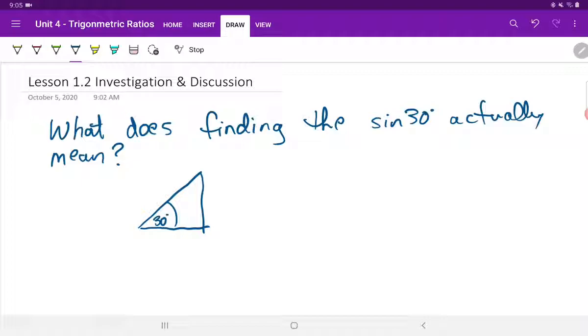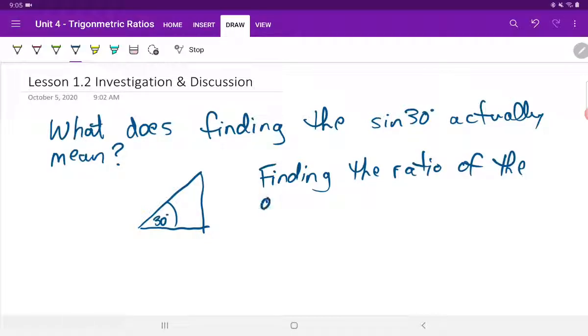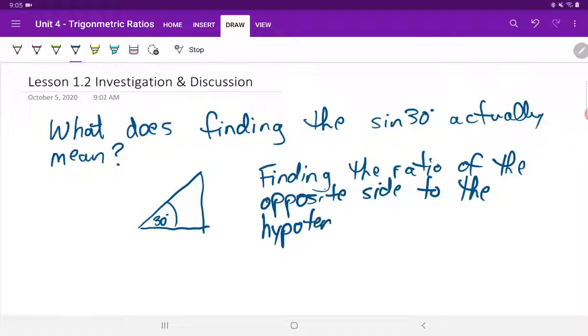Well, in words, it means determining or finding the ratio of the opposite side to the hypotenuse. Okay, that's what it actually means. So if this is 30 degrees, this would be our opposite side. This would be our hypotenuse. And whatever ratio we find here, it's going to end up being sine of 30 is equal to